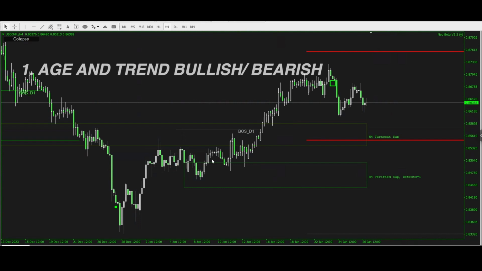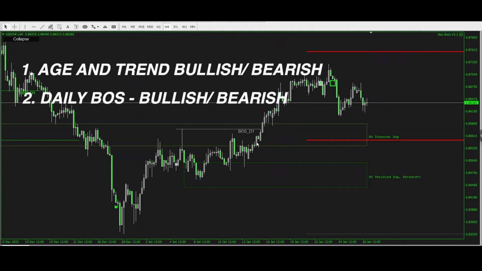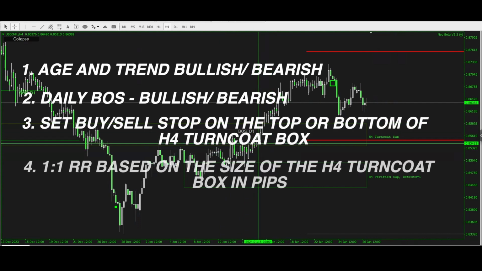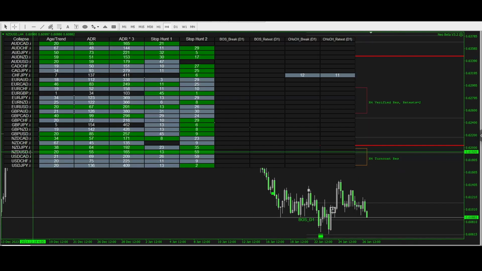You want the trend on NEO to be in check, you want a daily break of structure, and if the daily break of structure is in your same trend, you just literally want to set yourself a pending order at the top of this box for a buy and your stop loss at the bottom, and you're going for a 1-to-1 risk to reward. Now we're paying attention to NZD USD, and you can see this is a bearish trend,